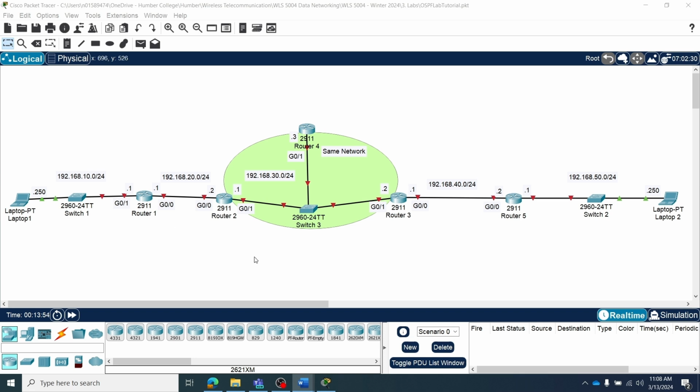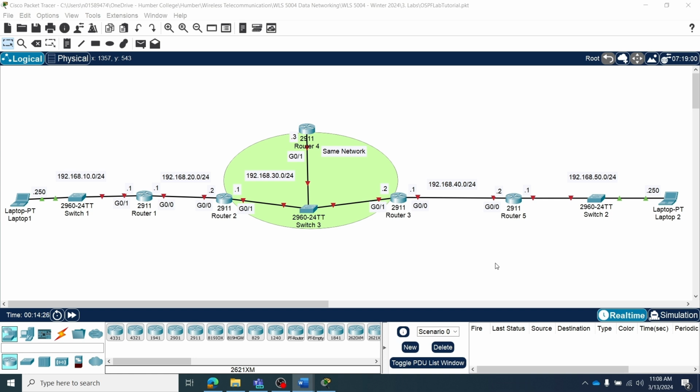We will see how we can configure IP addresses on all of these routers, and then we will configure OSPF, Open Shortest Path First protocol, so that we can reach from one end to the other end. We will test how laptop 1 can ping laptop 2 after configuration of OSPF,